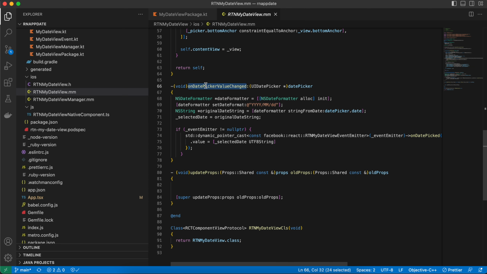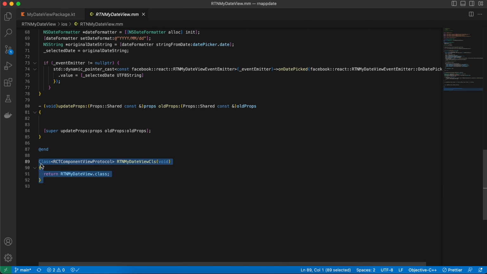So here in this method, basically we are taking whatever date has been selected by the user. So we are doing some kind of date time formatting, then assigning it to our variable. And once that has been assigned, this is the code which is used to send it back to the React Native side. So you can find the source code in the description, so don't worry about it. The only thing that would be changed is, make sure whatever your folder name is, this would be changed accordingly. Next, the update props again is copied from documentation,